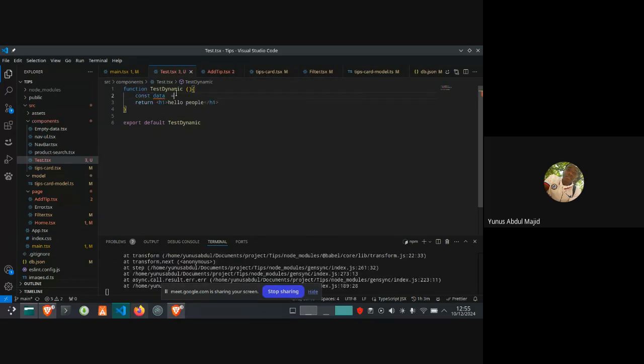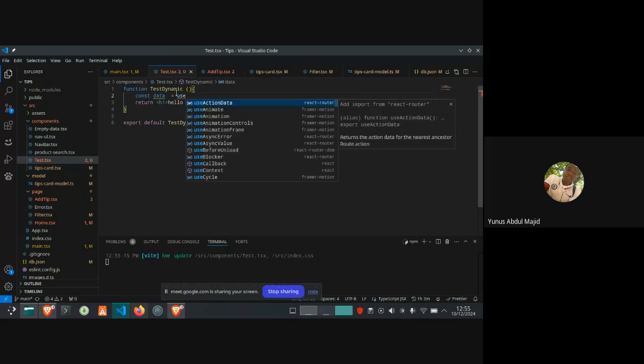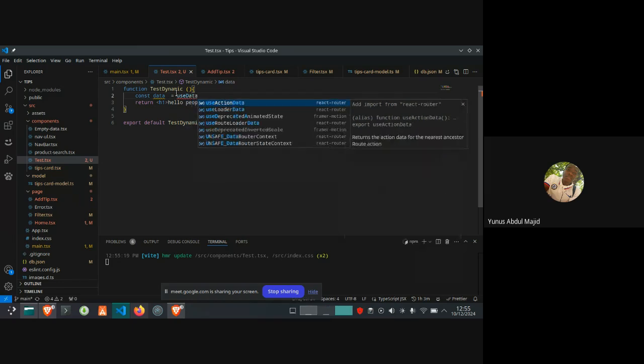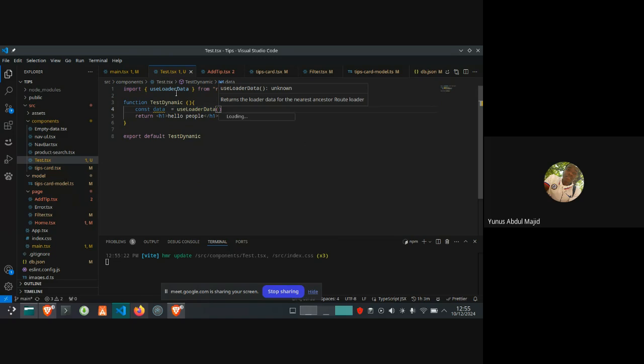So, data equals to use the data, use loader data. Then I specify root. I'm using the wrong component.